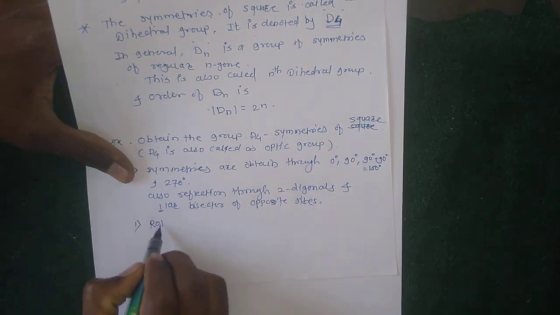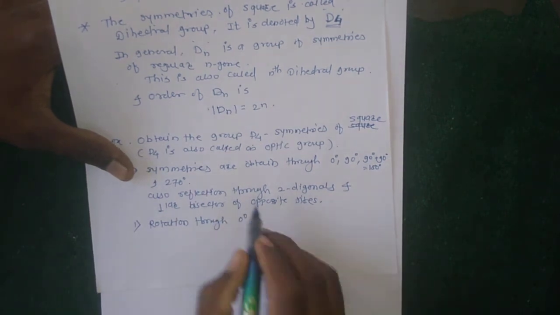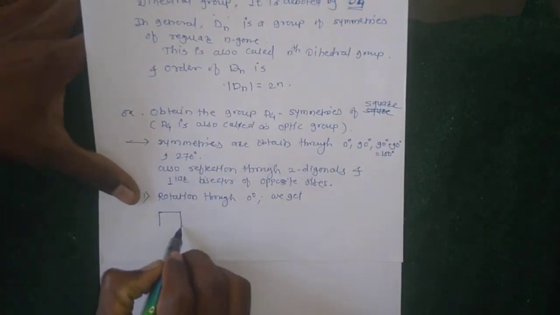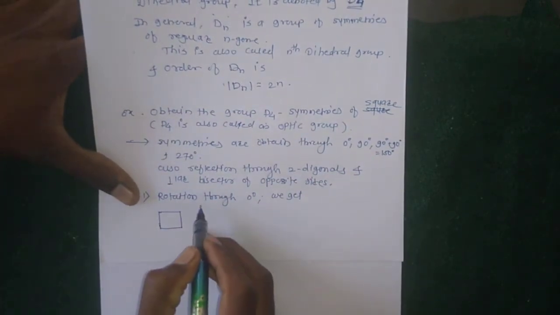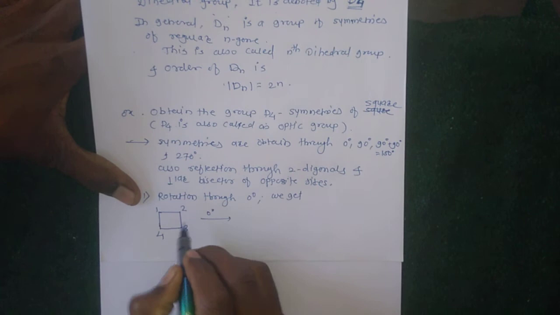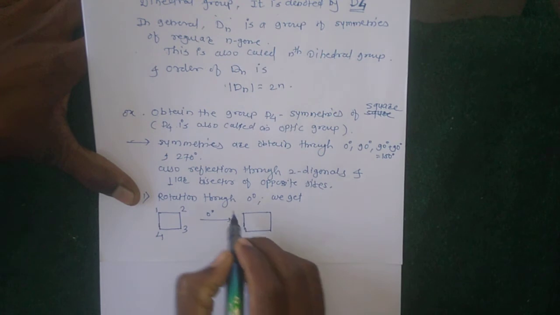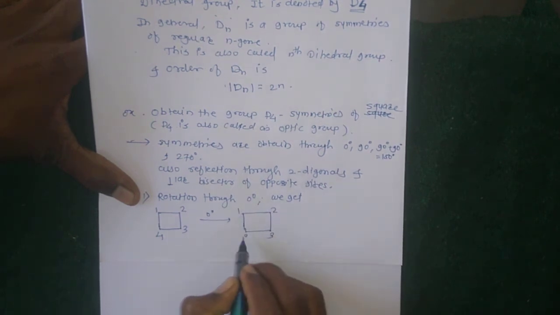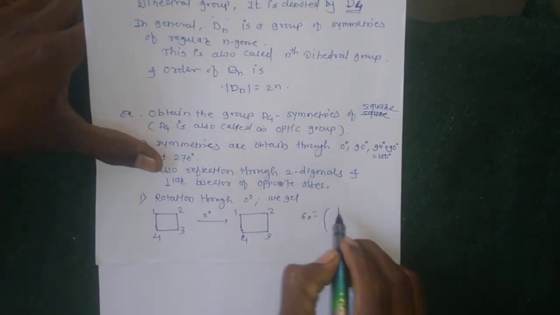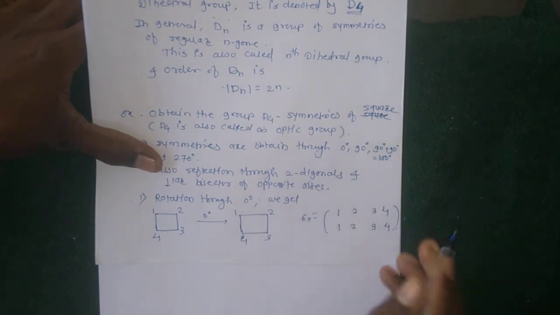First one is rotation through 0 degrees. We get the square of the form which contains elements 1, 2, 3, 4, rotated 0 degrees, so it stays as it is. Their values are 1, 2, 3 and 4. This is sigma naught, the identity. 1, 2, 3, 4 maps to 1, 2, 3, 4. So then next,